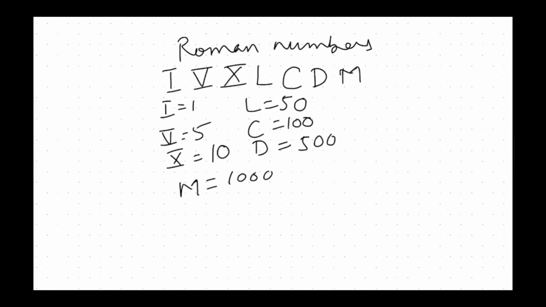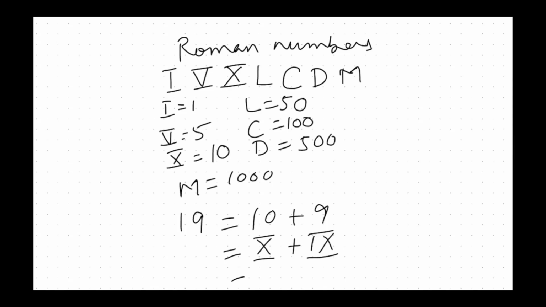We will understand it by using an example. Let's say we have to write 19 in Roman. 19 will be equal to 10 plus 9. So 10 is X. 9 को हम लिखेंगे 10 माइनस 1, 9 होता है, तो 9 को इस तरीके से लिखा जाता है। 1 जो आता है X के पहले आता है, that is equal to, sorry, इसमें हमें इस तरीके से लिखा जाएगा।